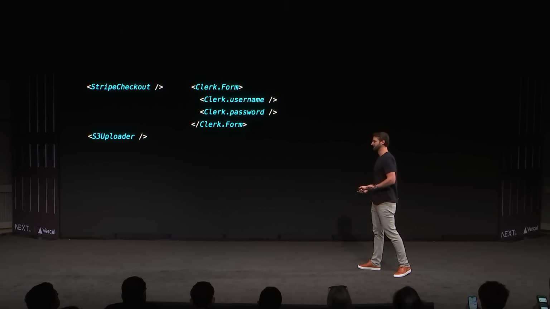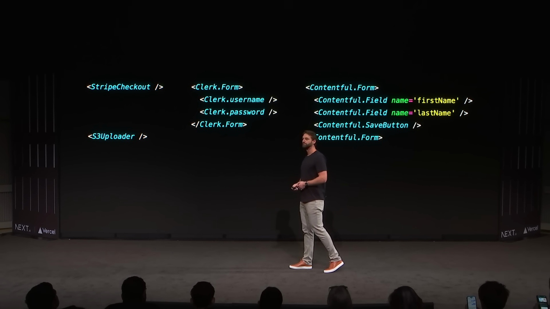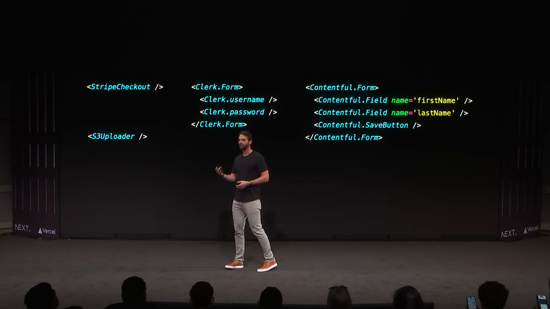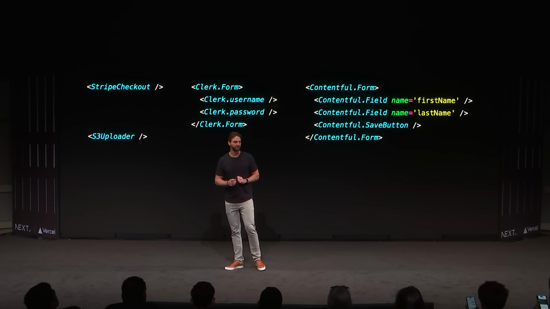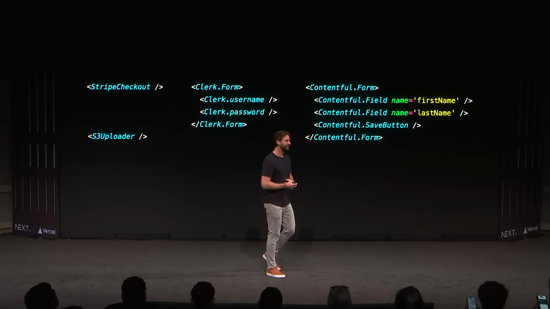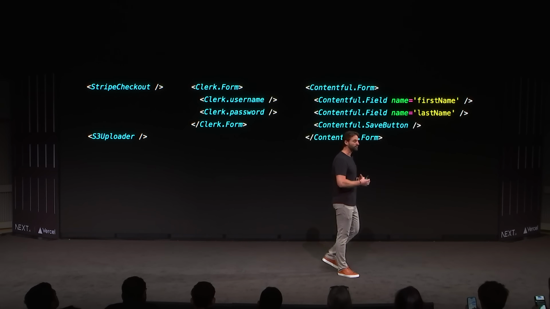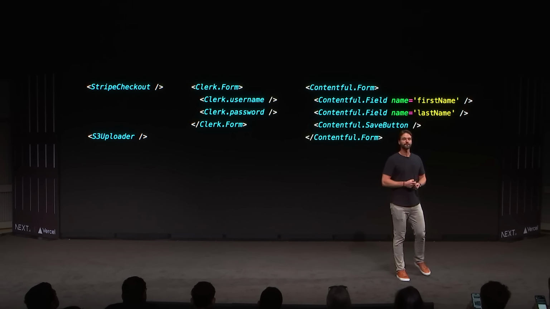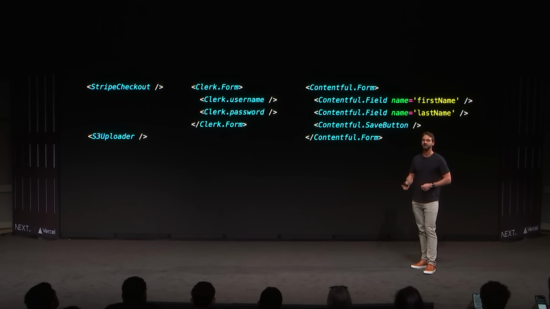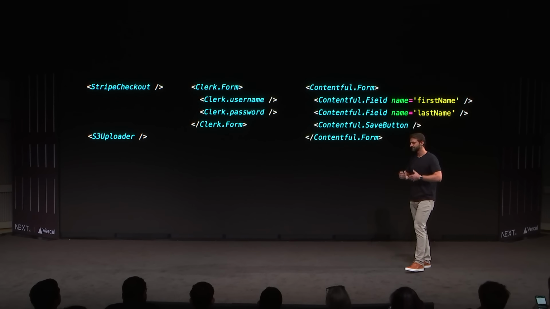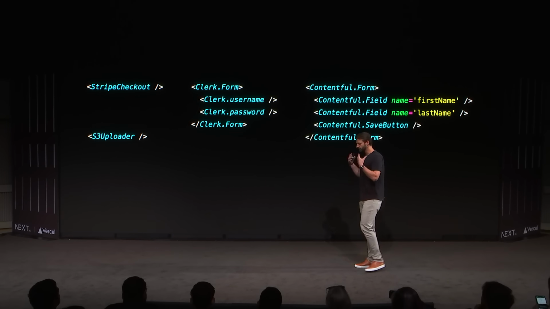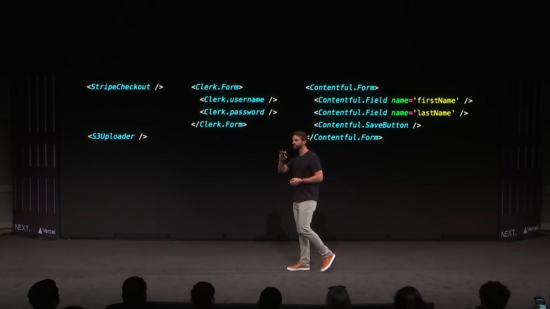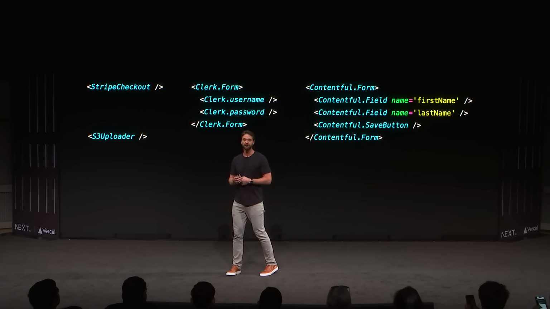That would be awesome. What if we had a CMS that was thought from the ground up for server actions and server components, and decomposed in the way these headless UI libraries do these days, so we still have complete control over the styling. But to render data from our CMS, you just render it, you point to the field, and it takes care of pulling it down. And then forms that let you update it have actions bundled inside of them that you never even need to think about. You just submit the form, it hits your CMS. You could view draft versions of your CMS content, all just by rendering components and changing the props,